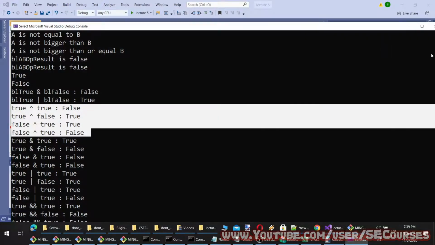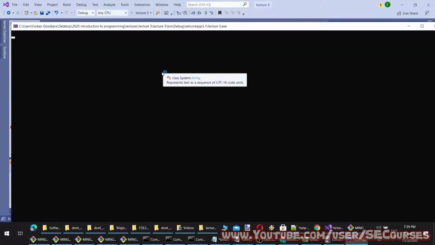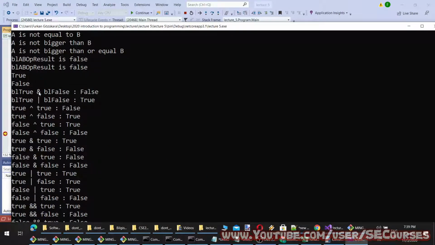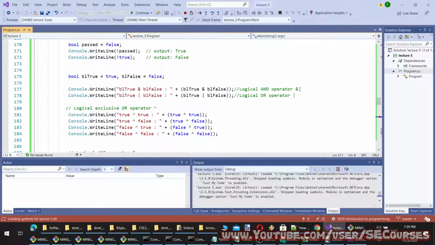Let's run it again. Okay, so when the AND operator is applied, it expects both of them to be true to generate a true result. Okay, so let's type it here.